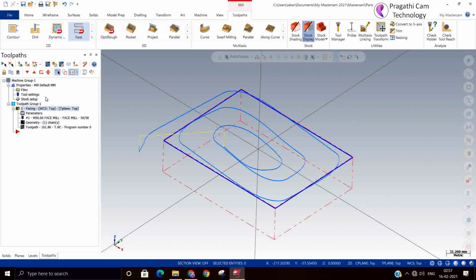Some old machines do not accept this high-speed toolpath. So wherever you use the dynamic toolpath, your machine capability should be checked before using these dynamic toolpaths.